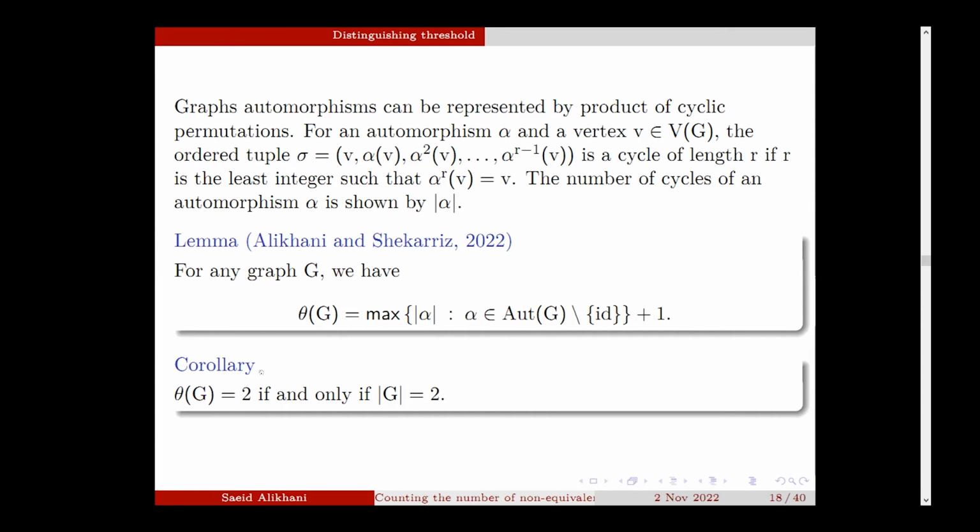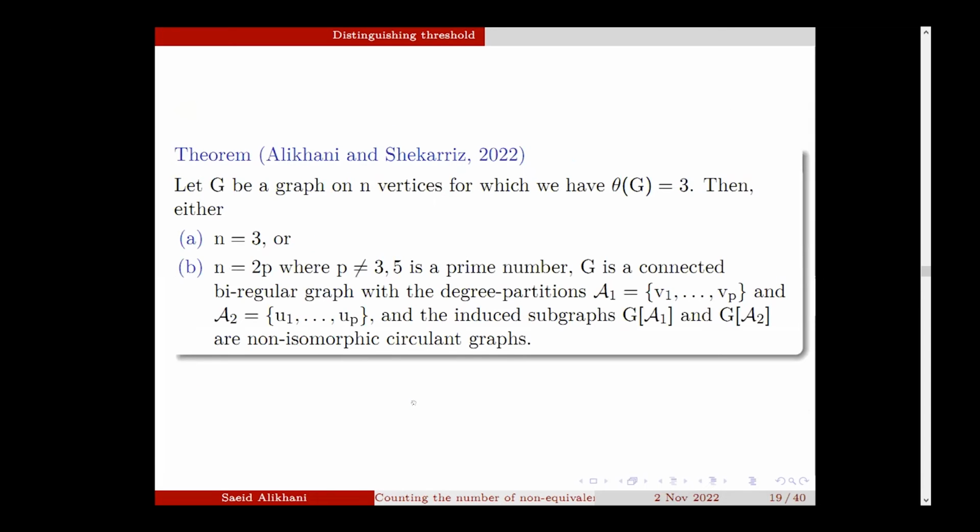And by this lemma, we have this simple corollary that theta of G is 2 if and only if the order of the graph is 2. And now you see a result about a necessary condition for a graph to have distinguishing threshold equal to 3. If G is a graph of order n having theta of G equal to 3, then